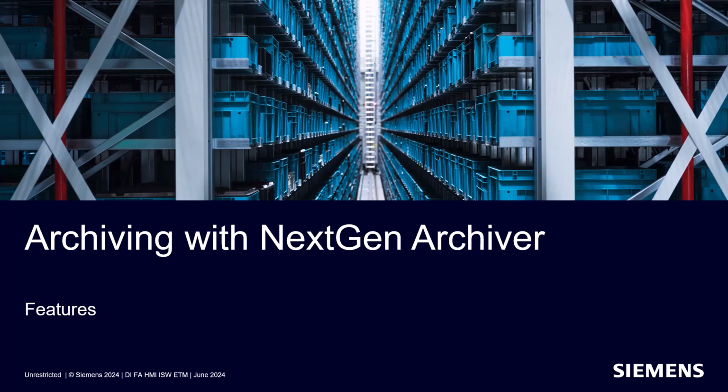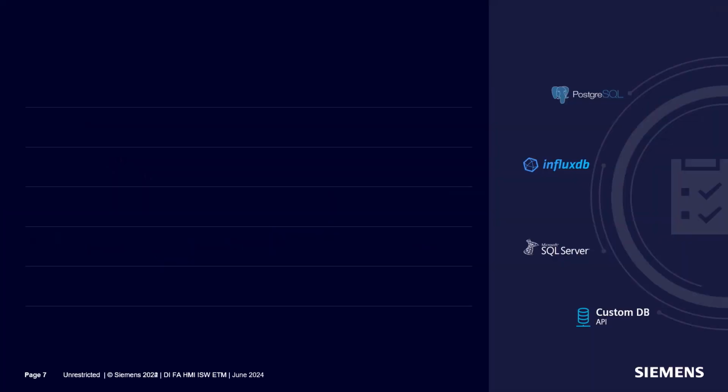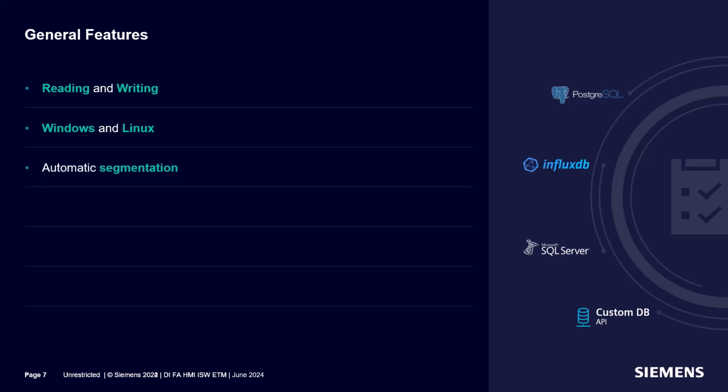Let's talk about features. The Next Generation Archiver, or NGA in WinCC OA, offers a comprehensive set of features designed to enhance data management and archiving capabilities. General features include a historical archive that supports reading and writing of events and alerts, availability for both Windows and Linux, automatic segmentation of data, which helps in keeping the data organized, automatic backup and storage management,